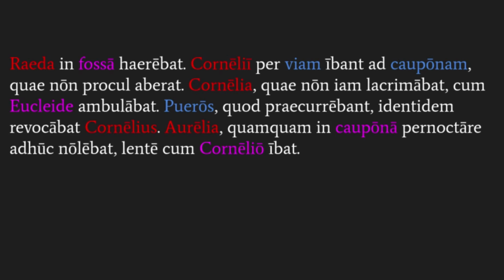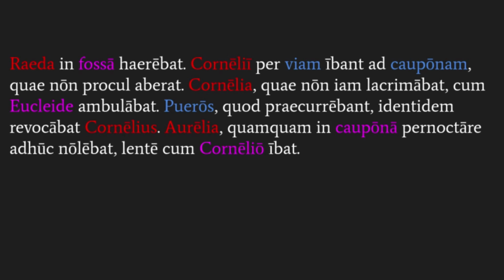And the inn has a little descriptive clause after it. In other words, you're saying the cauponam, quae, which, meaning the caupona, the inn, non procul aberat, was not far away. Again, procul means kind of far off or in the distance. Non procul aberat, it's imperfect tense. It was not far away.